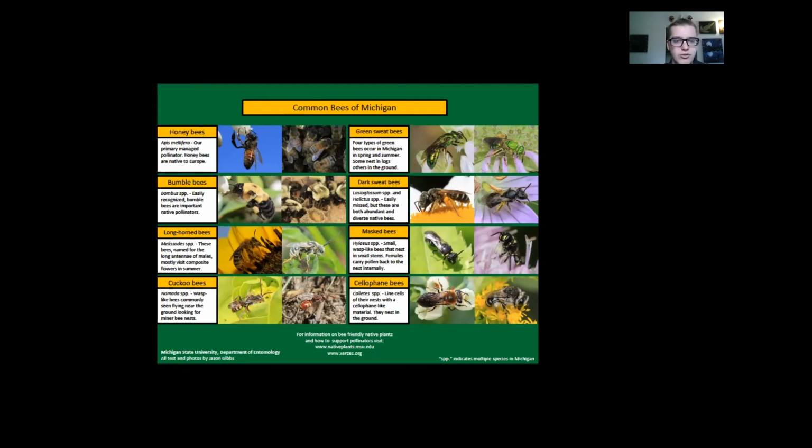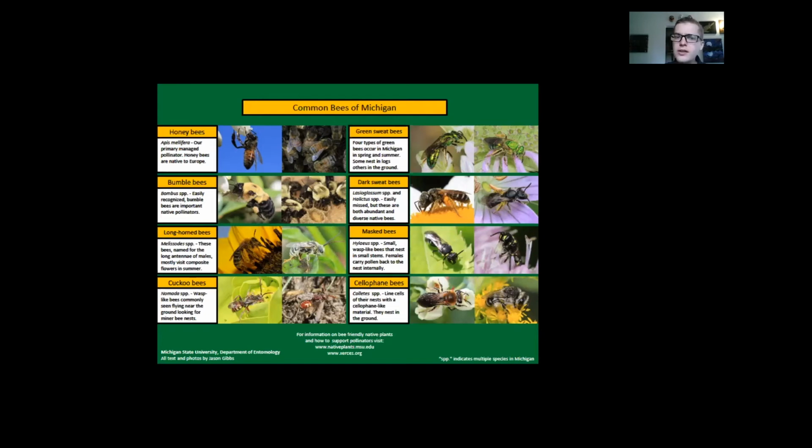And these pictures are just a few of the different types of bees. Like I said, there's 450 different species. But things like cuckoo bees and masked bees and cellophane bees, bees that you might not even know exist, are helping to pollinate the plants in your yard and garden every day. And there's a more complete list where I got this image at